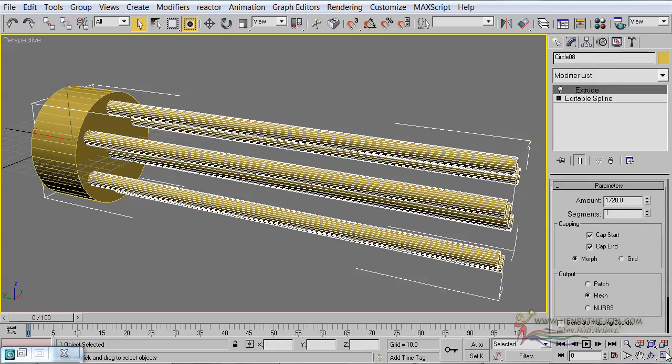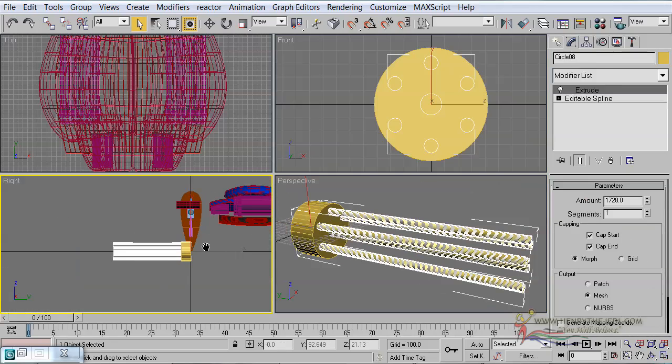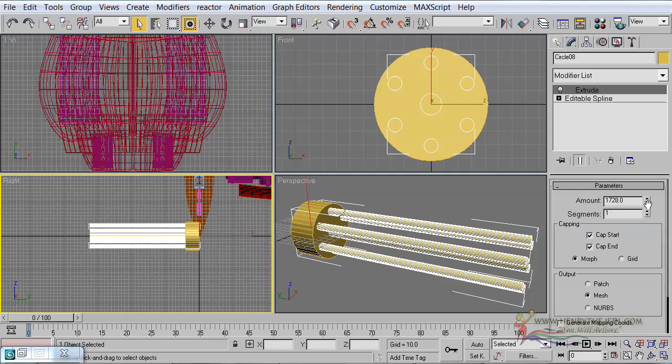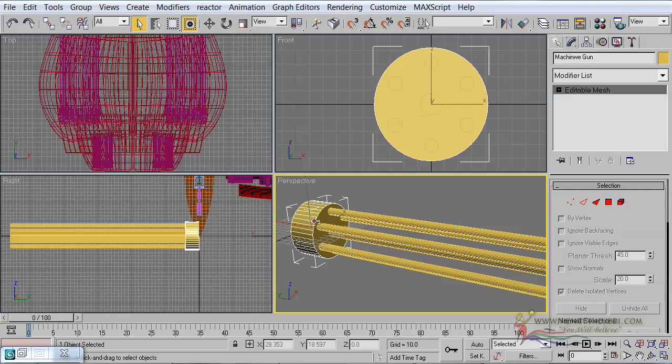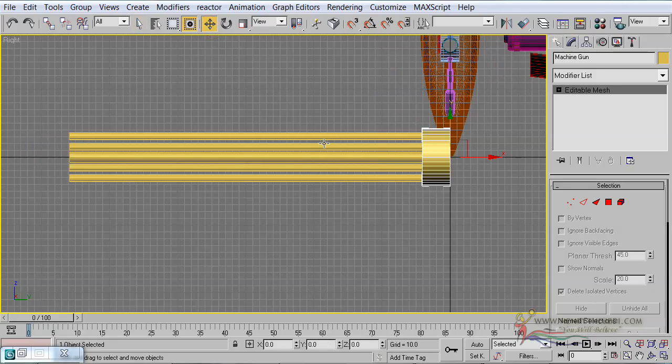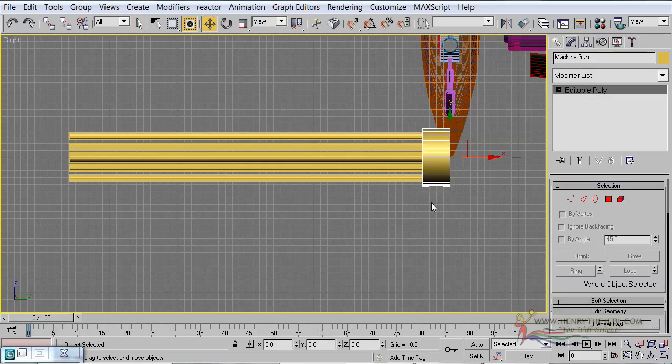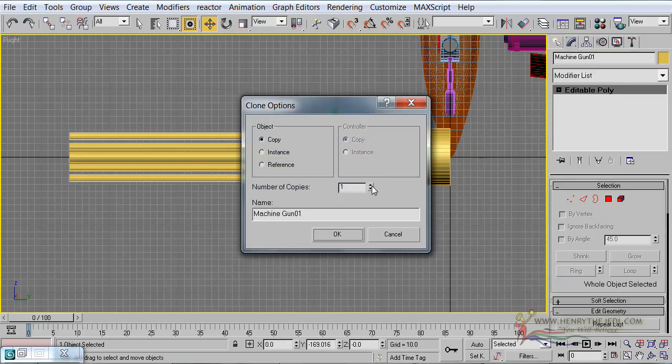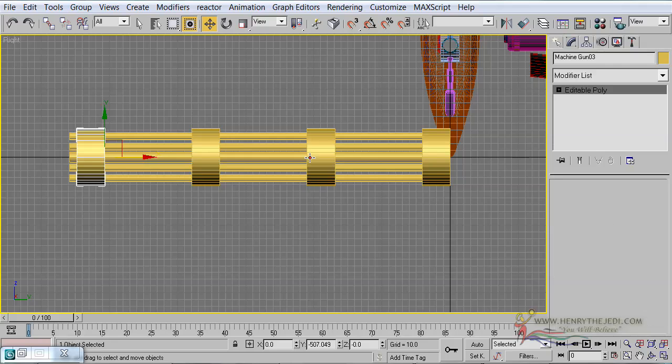Then let's select our barrels again. We just want to make sure that they're long enough, so we're going to simply increase the extrude amount, as you can see. Let's select the machine gun again. I call mine machine gun. Anyways, we're going to first make it an editable polygon, and then shift and drag forward, make it, let's see, 3 copies. Okay, we're going to select this one here,